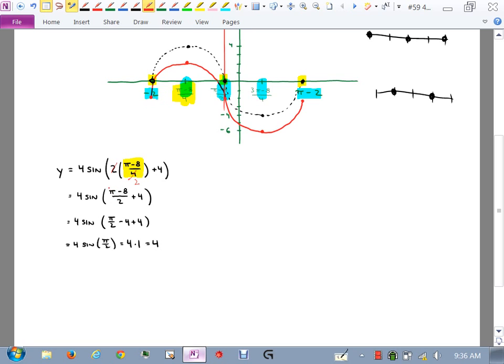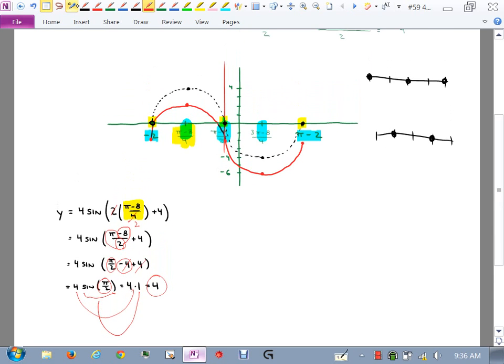And then I split this into two fractions. I do pi over 2, which is here, and then I do negative 8 over 2, which is negative 4. Then the 4 and negative 4 cancel, so I'm just left with 4 sine of pi over 2. Sine of pi over 2 is 1. 4 times 1 is 4. So I know at this point